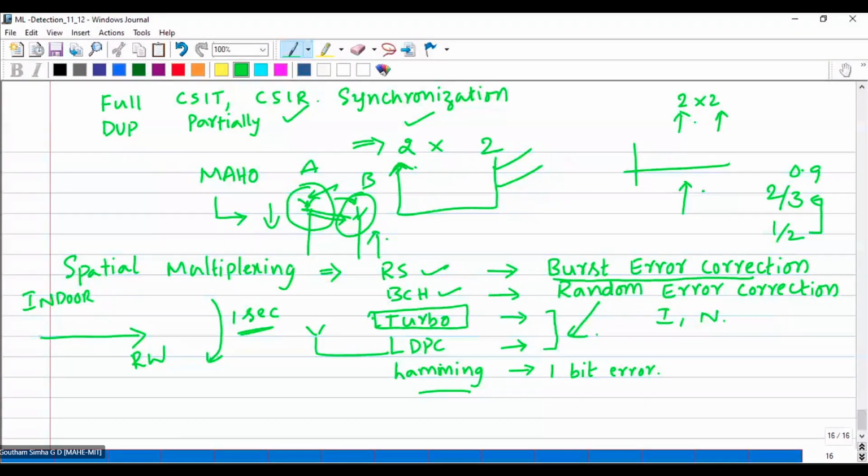Okay. Now, there is something called a polar code. Actually, polar code is not an error correction code, but the design is in such a way that the implications of polar code will give you a better performance because of its inherent construction, I should say. So polar code is also an error correction code. That is how it is defined.